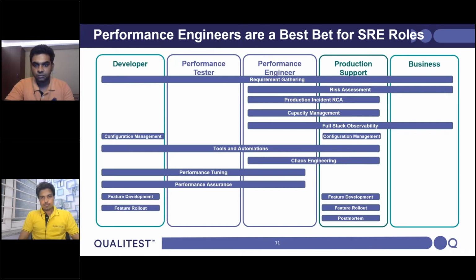Okay. There is a good connect between the site reliability engineering capability clusters that you spoke about in the previous slide, and how those capability clusters are mapped across these various roles, and how the performance testing team can stretch across these roles. Definitely, the boundaries of NFT, especially performance testing, are clearly expanding towards both shift left and shift right. It is a good sign, both from a business benefits perspective as well as employee skill enablement.